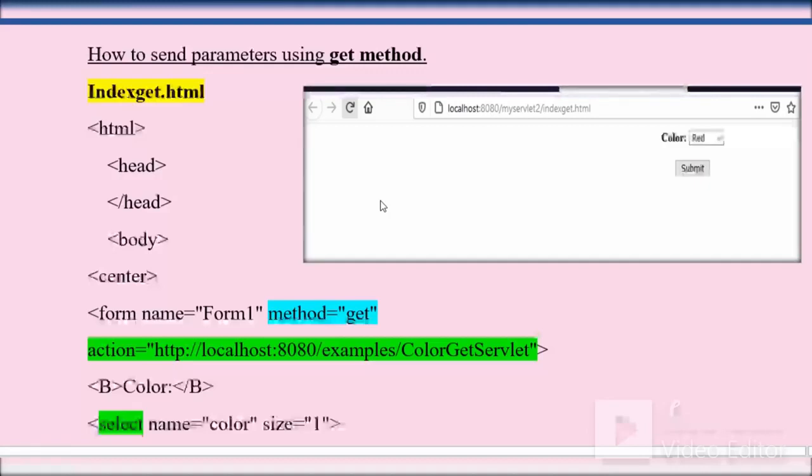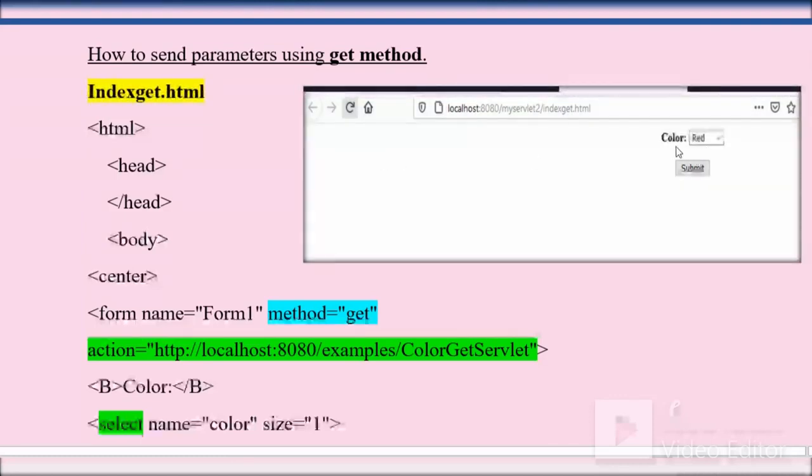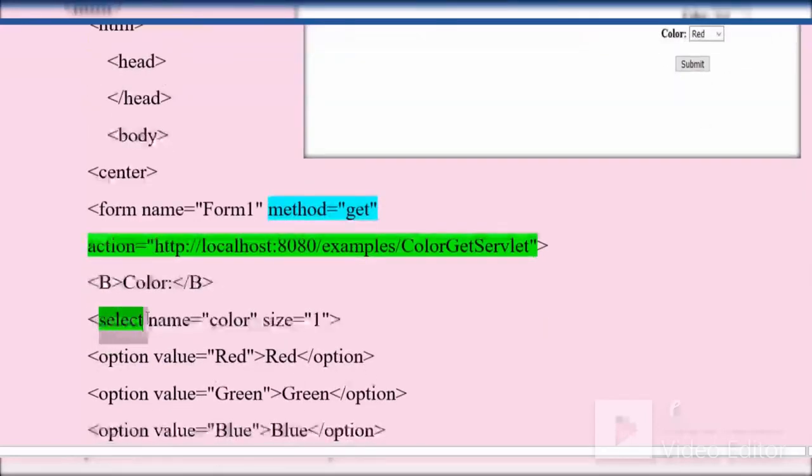Now we'll see each line of that program. So the first file is index.html. Output for index.html is that it is displaying a drop down menu. When you click on this down arrow, it will display red, green, blue, 3 colors, and the second control is a submit button. For creating this color drop down menu, we have used select here.